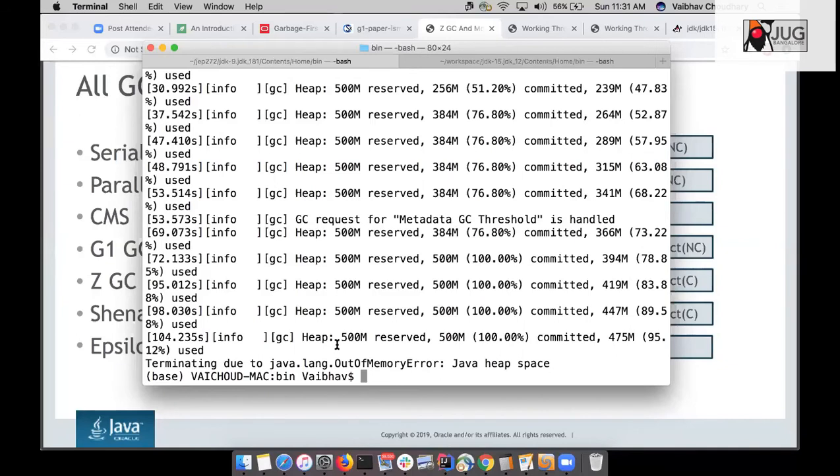You cannot stop the GC, right? GC is controlled by the VM. So using Epsilon, you are not using GC basically. You are just allocating memory and you are not deallocating. That way you can see how the performance is, your application, what is the max level.